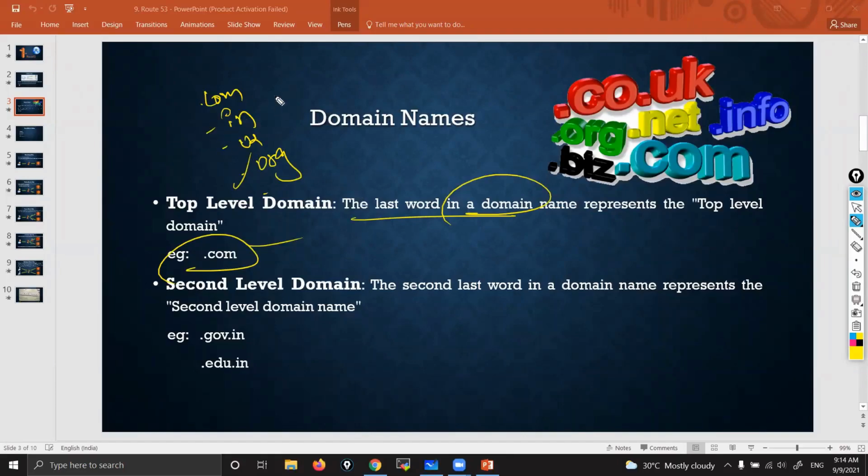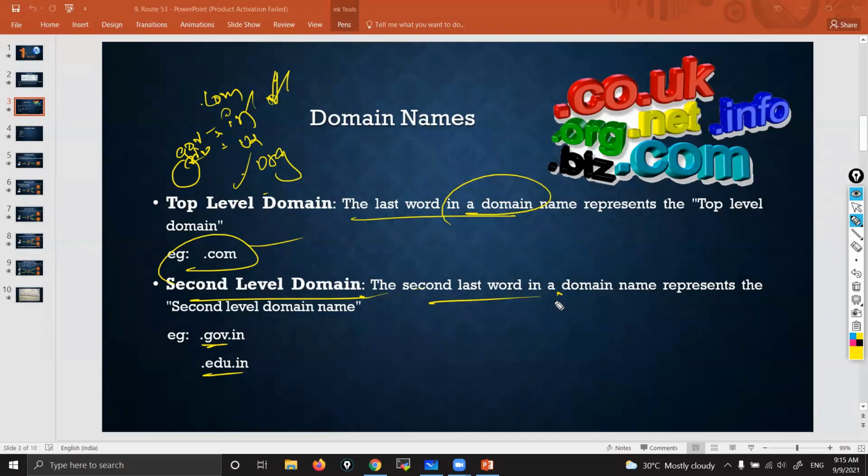To just make it unique. See, India is it. In India, there could be so many other departments, right? We have one more uniqueness here. They are giving .gov.in, Government of India, .edu.in, Education Department in India. See here, that we call second level domain names. Just to increase the number, to make it unique. Understanding, right?